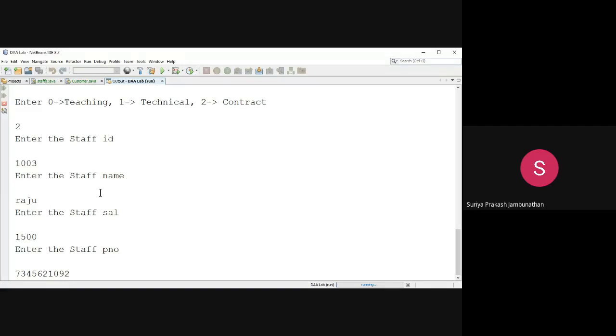The staff working period, how many years he will work, I am giving as 2 years. So the first one is teaching staff, the second one is technical staff, the third one is contract staff. For contract staff I am giving the input like this.